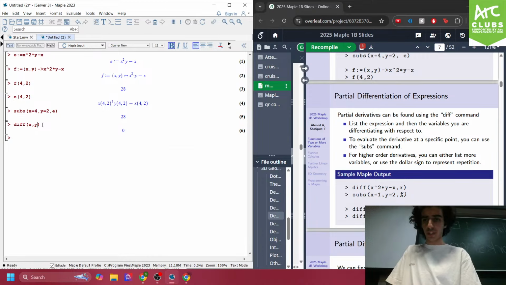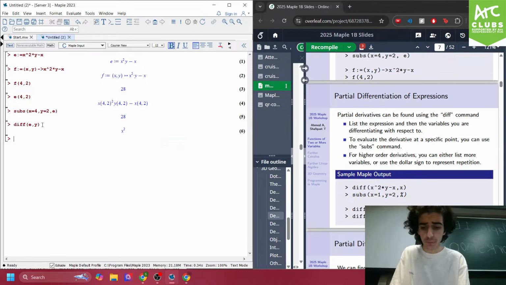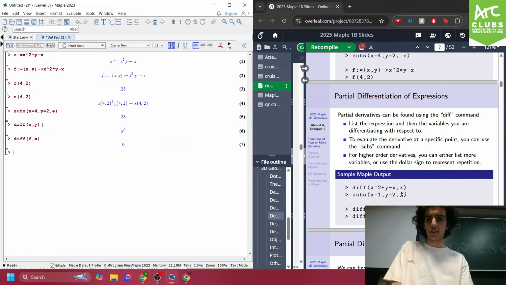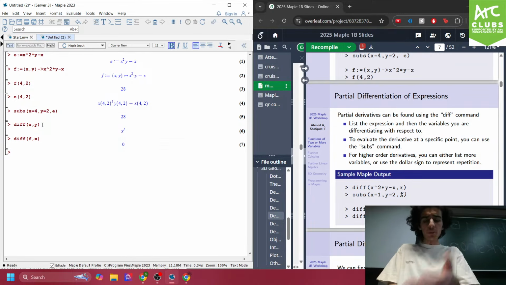So if we diff it with respect to y, it gives x squared, as expected. But if we try this with f, diff f with respect to x, you'll notice it doesn't work. But that's just because diff only takes in expressions. So we'll worry about differentiating functions in the next slide. But right now for expressions,